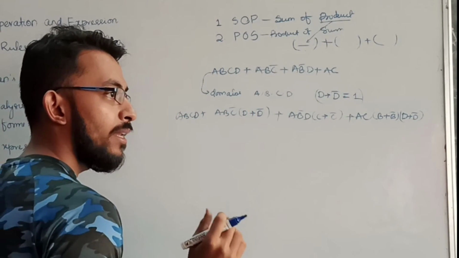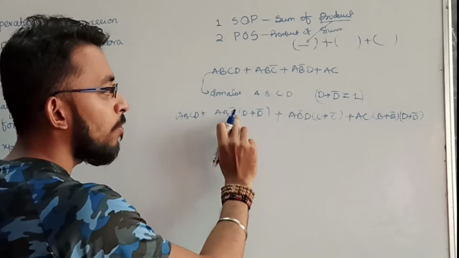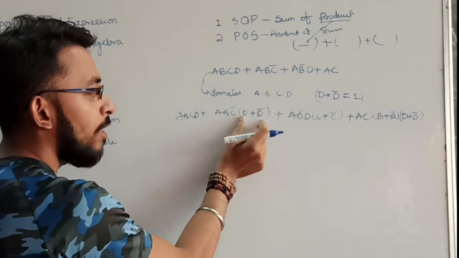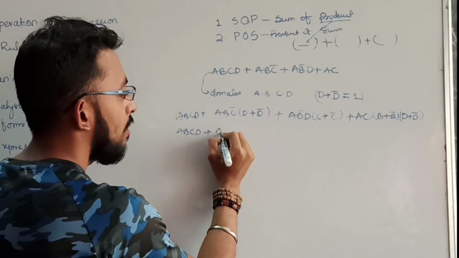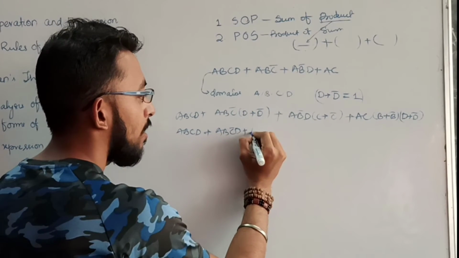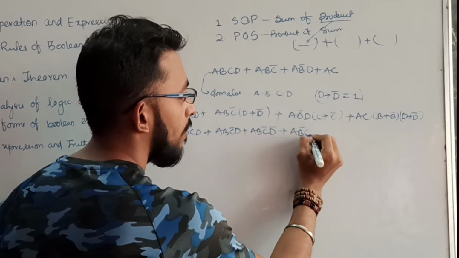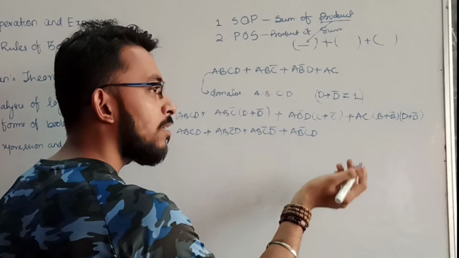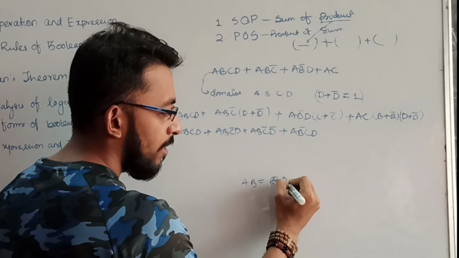Okay. So for any domains or variables that are missing in each term, we have to multiply that term along with its conjugate or complement, so that the value will become 1. It will not affect my output. So what will my output be? A B C D, A B C bar D. Just now using the distribution formula, A B C bar D bar plus A B bar C D. It doesn't matter whether I write C first or D later, or D first and C later, because A dot B is nothing but B dot A.